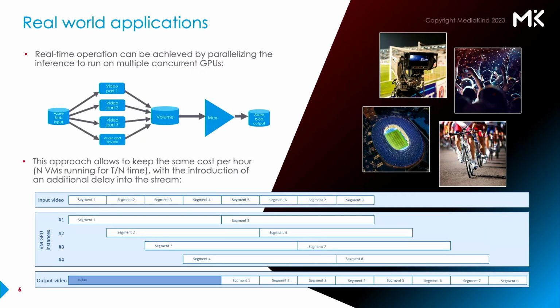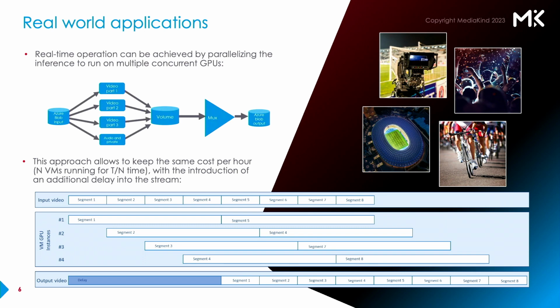Again, we choose the cloud just because of the vast amount of GPU power that you have there, and you can scale it up and down depending on how fast you want to achieve your upscale. So far, we're not achieving live yet, not because we can't, but because we are still working on the most efficient architecture to do it. But by parallelizing it, you can run it on multiple GPUs and potentially achieve live.